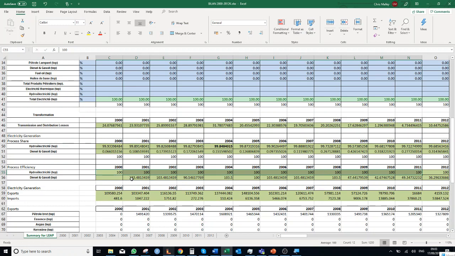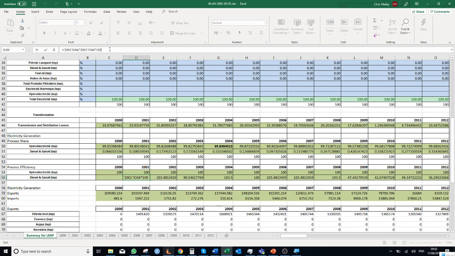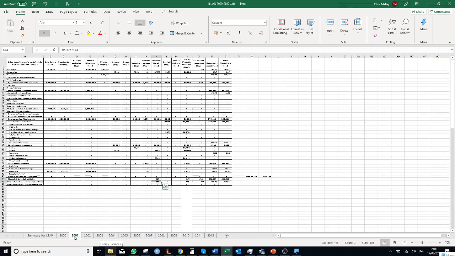For diesel, it's important to get the efficiency right to know how much diesel is being consumed. When I do the equation for 2001, I get an efficiency that is over 100%, which obviously can't be correct. So if I look at the energy balance here,